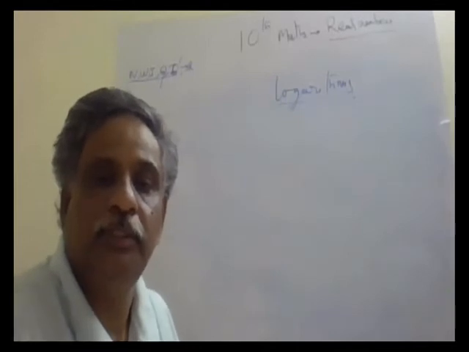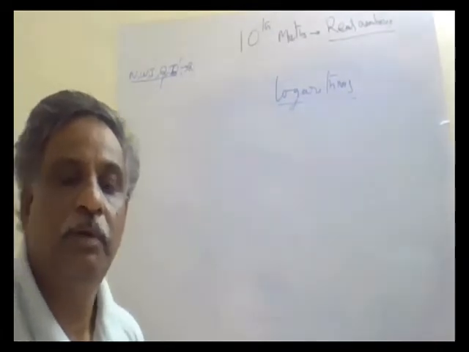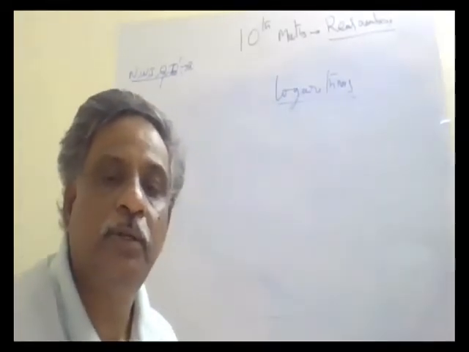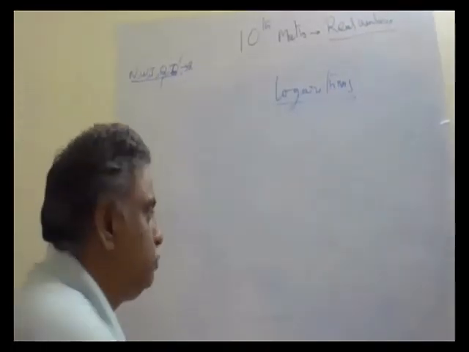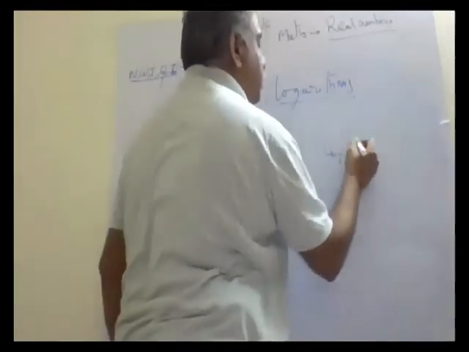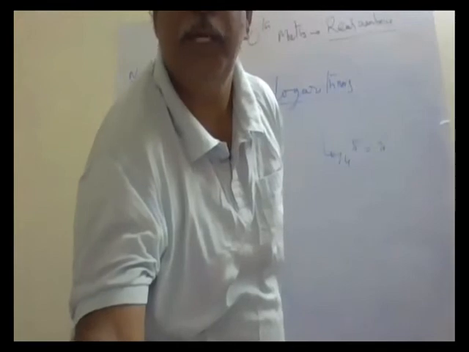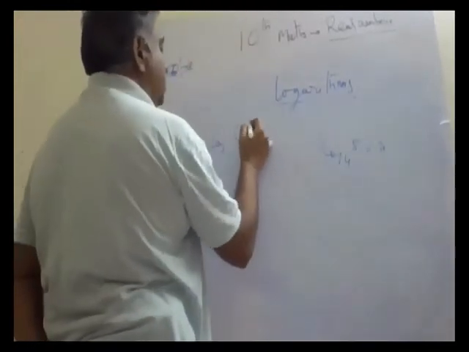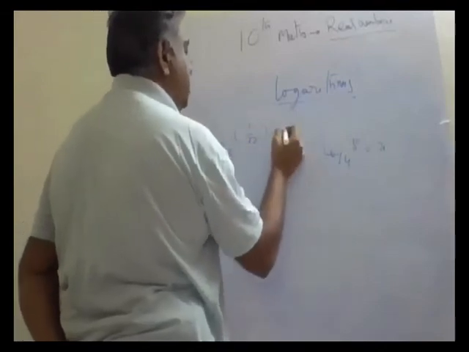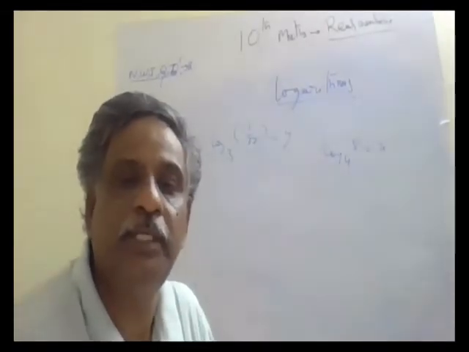Now write the following in exponential form. So what is given here? Log 8 to base 4 is equal to x. The fourth one is log of 8 to base 4 is equal to x. We take another one: log of 1 by 27 to base 3 is equal to y. Okay, these two we are seeing as an example.